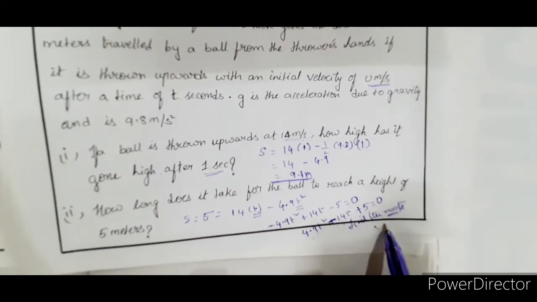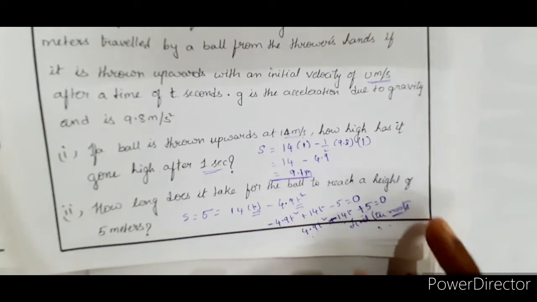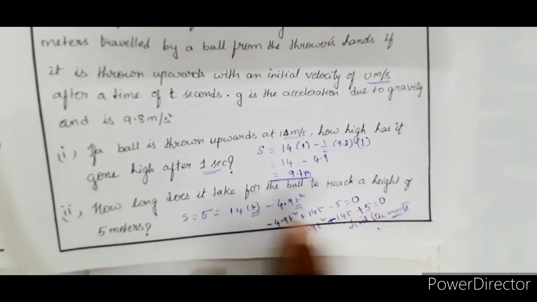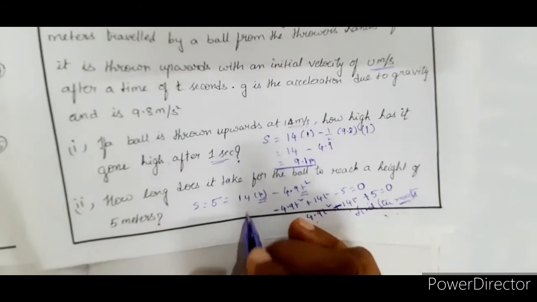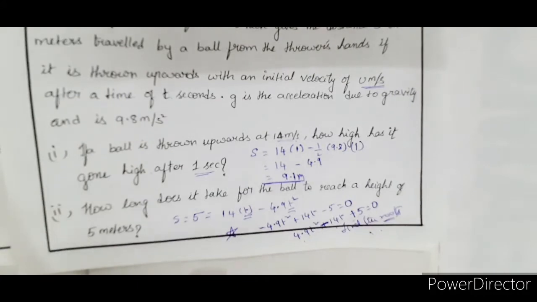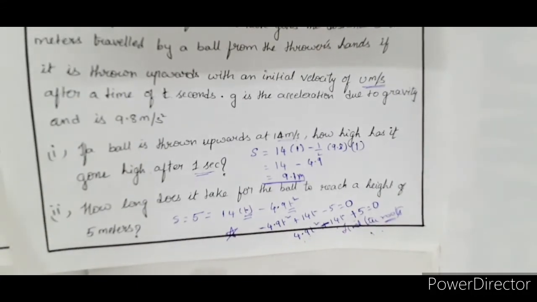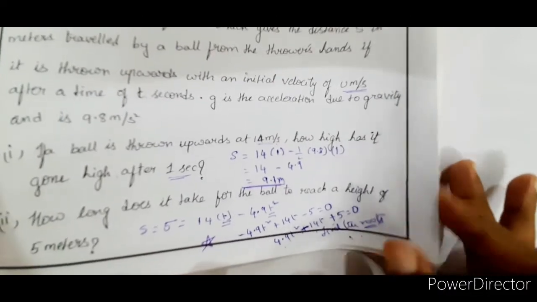So find both the roots, right? If you are getting t to be negative, that means any one of the roots is negative, you will take only the positive value. Okay? Alright. So do this problem. And if you have any doubt in solving this, you can mention that in the comment section, so that I'll solve it for you.